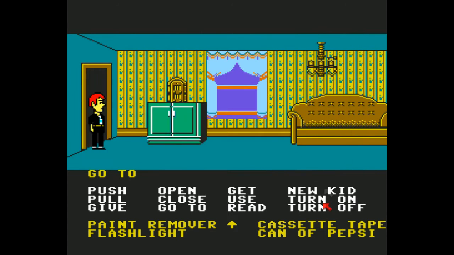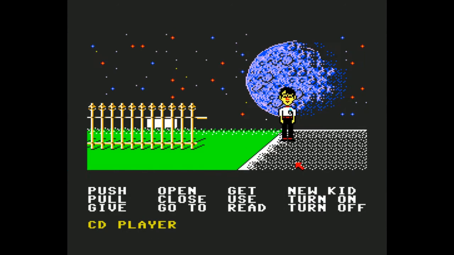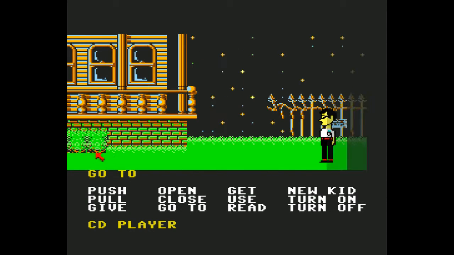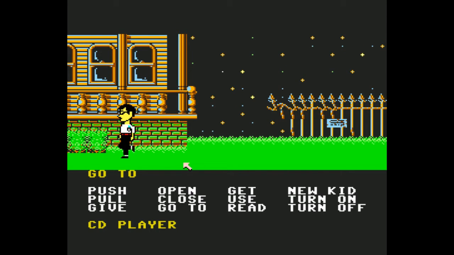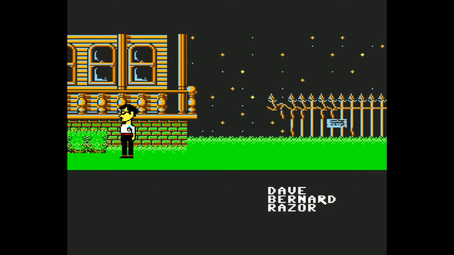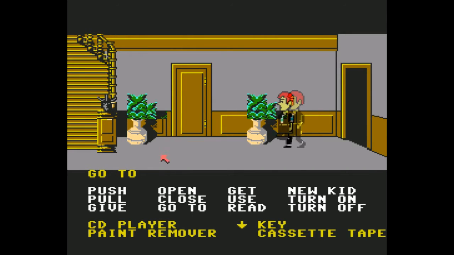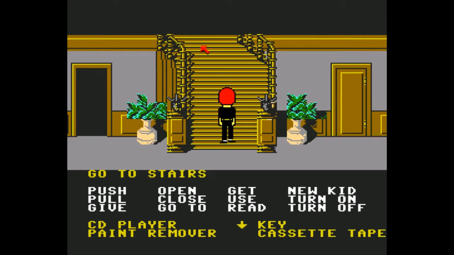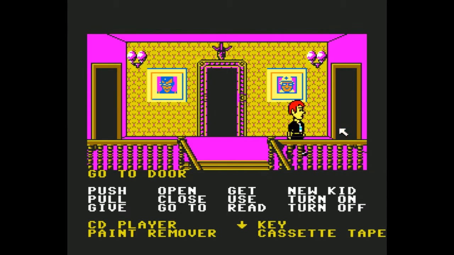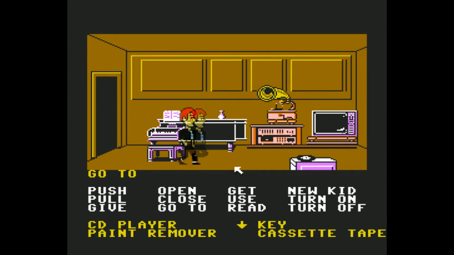Okay. So let's talk about the most important part of this game, I think, which is the way the interface works, because that's the big new thing in Maniac Mansion, the thing that sets it apart from everything before it. You just have a list of commands that you can perform, and a bunch of them feel really redundant, but you can basically tell your character to open something, close something, read something, whatever. It's a big list of things you can choose, which really simplifies the guesswork, because you can click things on screen, obviously.